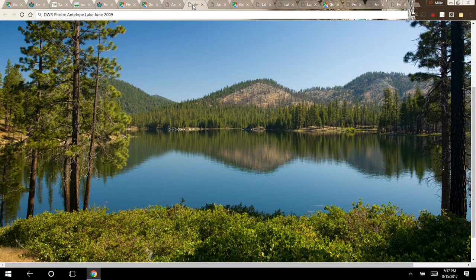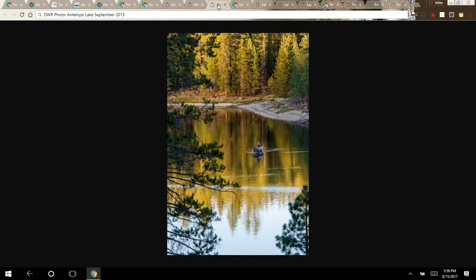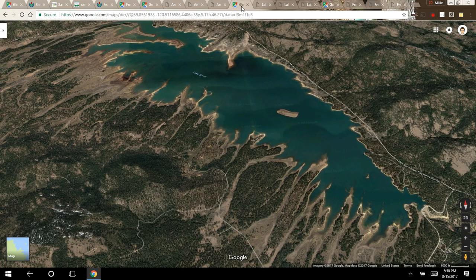Here's another shot of it. It's completely surrounded by the Plumas National Forest. And the trees up there are pine and fir. And here's another shot. I really like that one. And the next one is